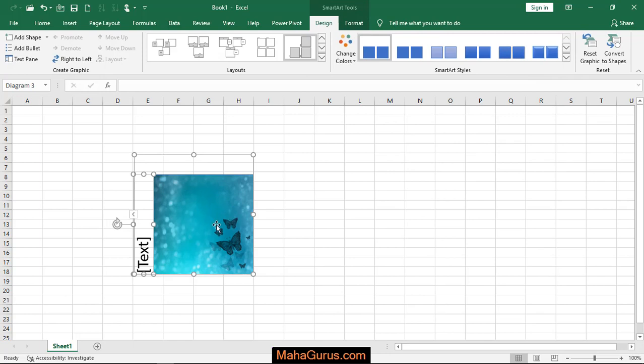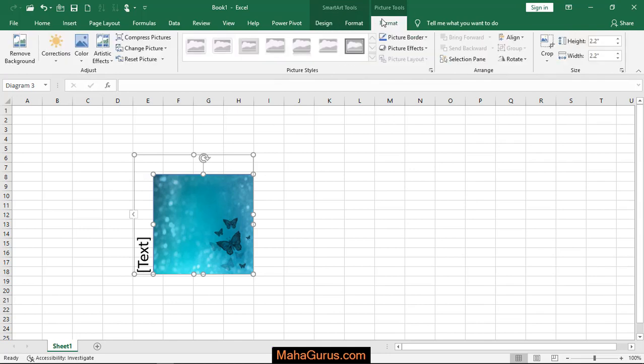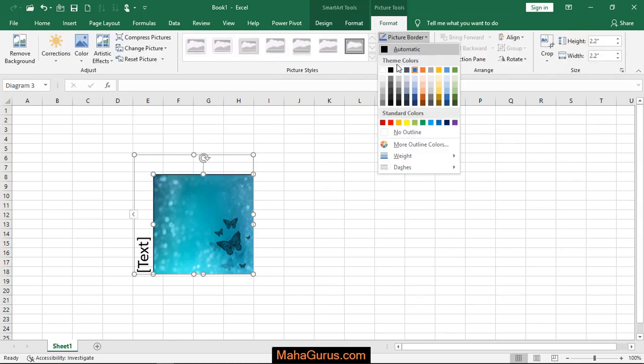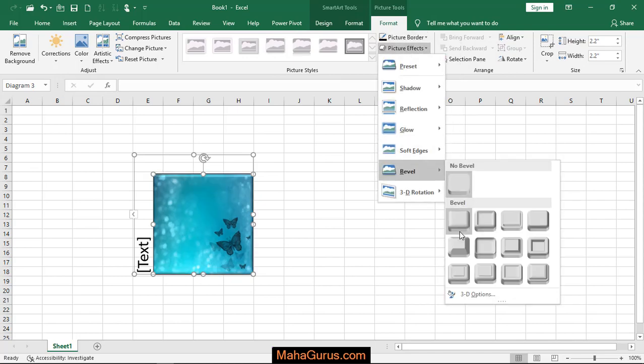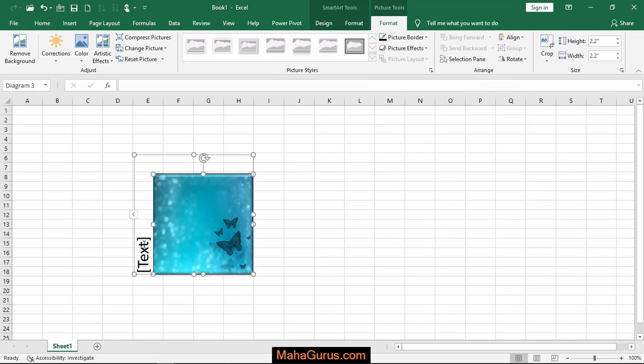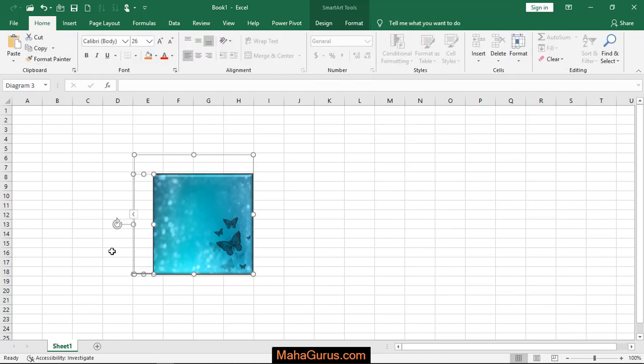Now if you want to edit this picture, then you can select this picture and then click on this Format tab in the picture tools, and here you can edit the border, you can add any effect, or you can edit the text by clicking on this text, or you can click on this little arrow to